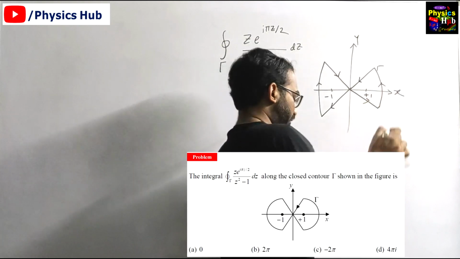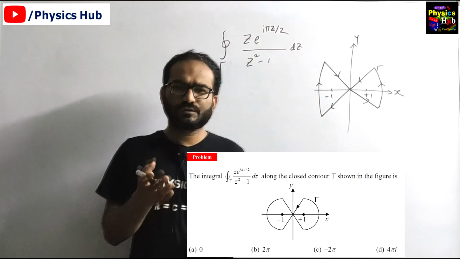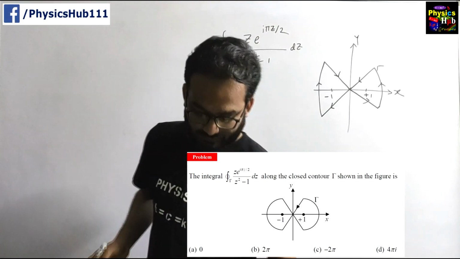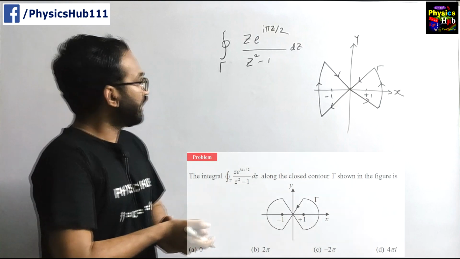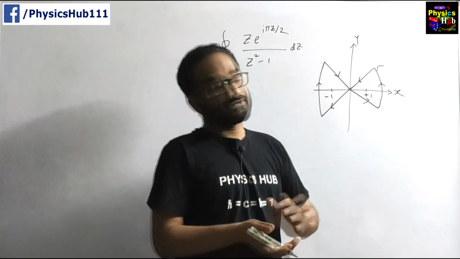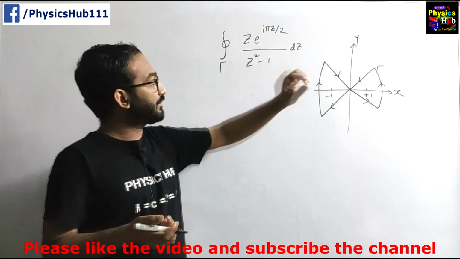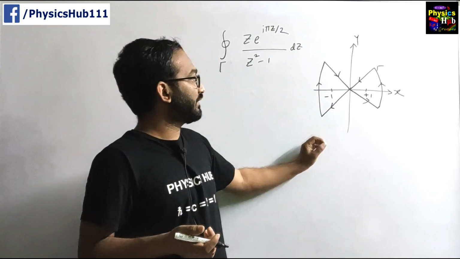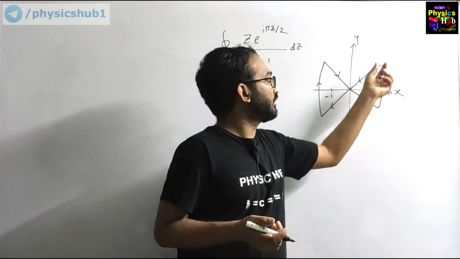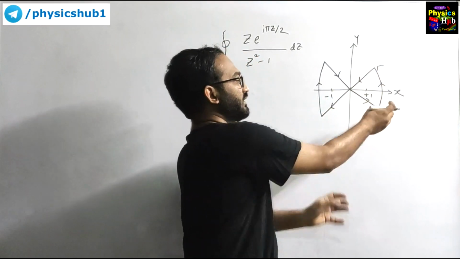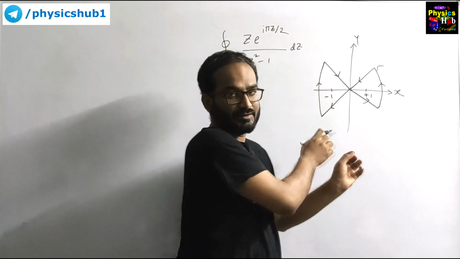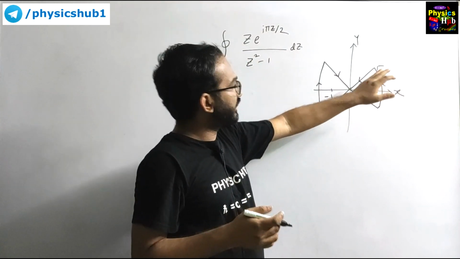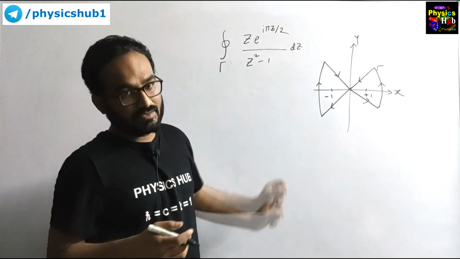So how to solve this problem? This problem came in June 2017, CSIR June 2017. Four options are given to you. In solving complex analysis questions, we need to be very careful about the sense of orientation or direction. You can see this contour tau is composed of two sections, the right hand side section and the left hand side section, and the orientation is different. Here it is anti-clockwise and here it is clockwise.